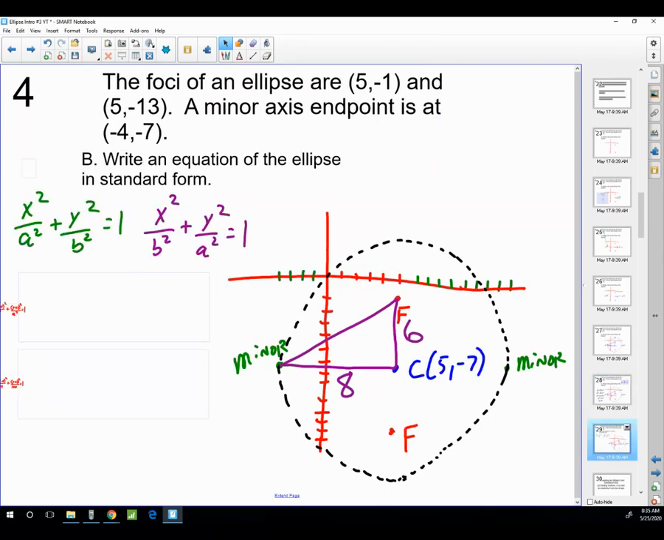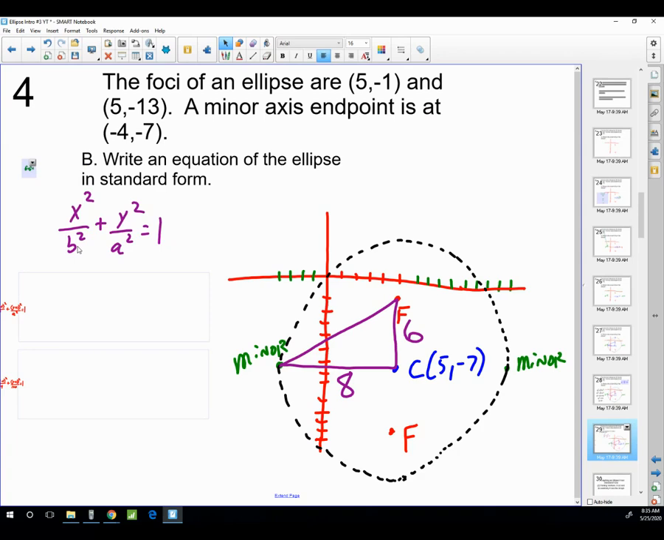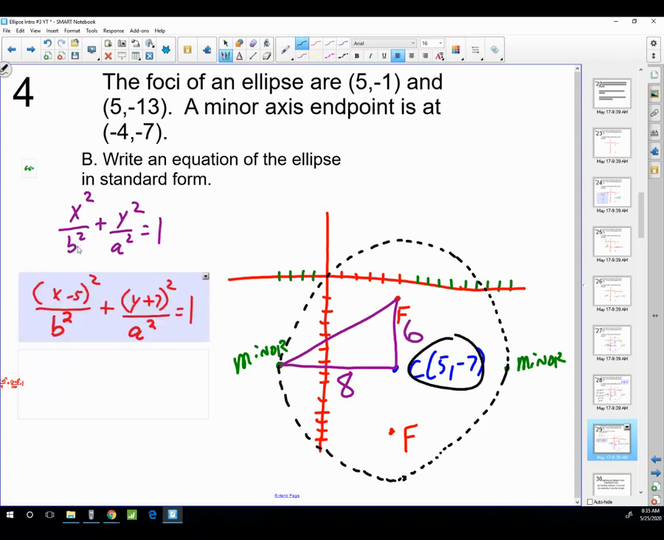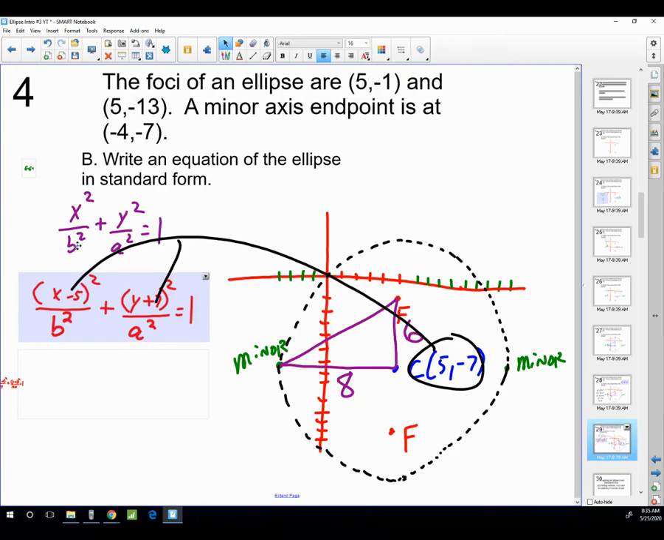And when we write the equation, we have to pick the correct format. This one is not right because that's a horizontal format. We want the vertical format. Let's HK the center. Remember the center here, the 5 and -7 go in like that. And then let's put in A and B. A is 10, so 10 squared is 100. B is 8, so